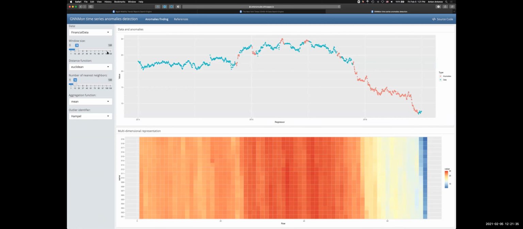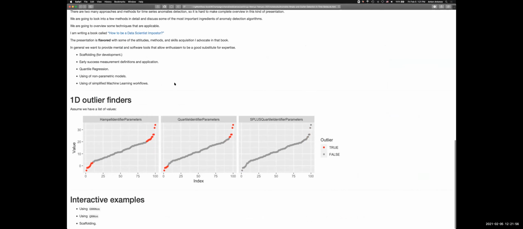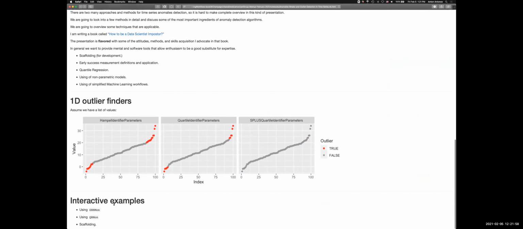Especially after making this big statement that I want to replace expertise with enthusiasm, how do we actually select these parameters? This is the most important message I mentioned. It's going to be in that direction. All right, so if I go back to my presentation and the interactive examples, this is the first one.